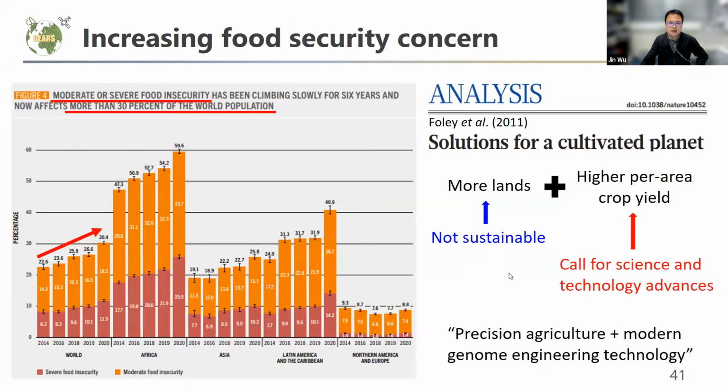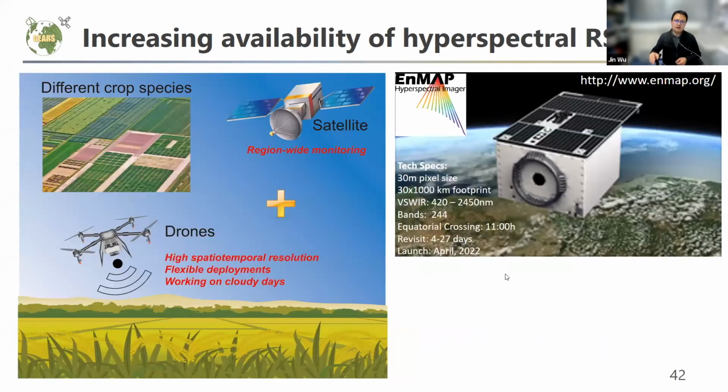At the same time, I think we are also at a really good moment. The reason is that over the years, we now already have drone-based hyperspectral remote sensing increasing its share. That means if we want to use drone technology to contribute to precision agriculture, that's totally feasible. Meanwhile, with the accumulated data, it can also give us a lot of insight into underlying processes, right? And at the same time, we also now have some new opportunities from the satellite part.